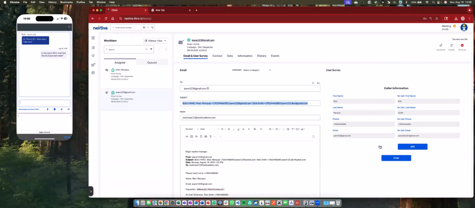At this point, we have the ability to call, we have the ability to SMS, we have the ability to email.